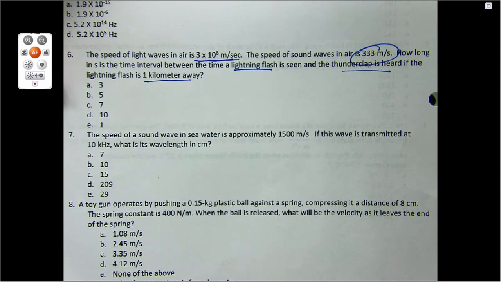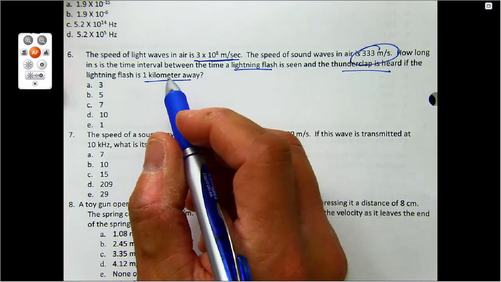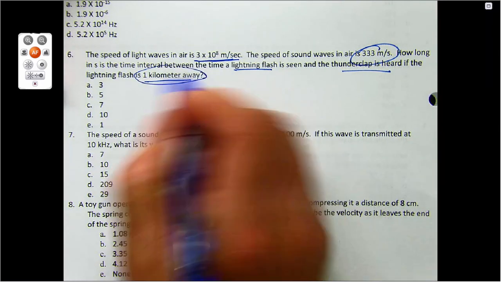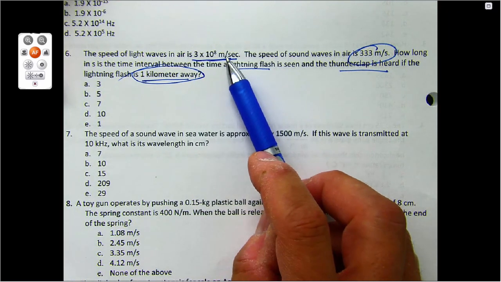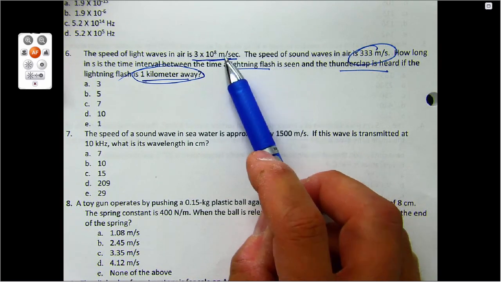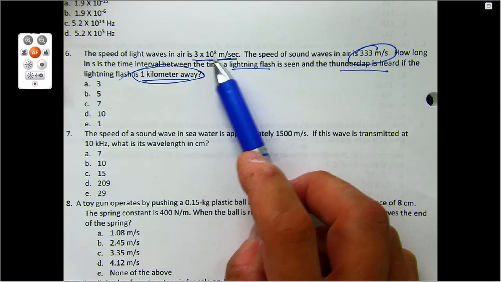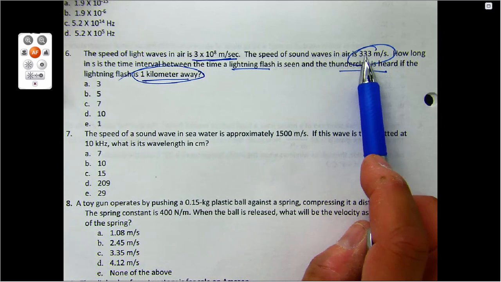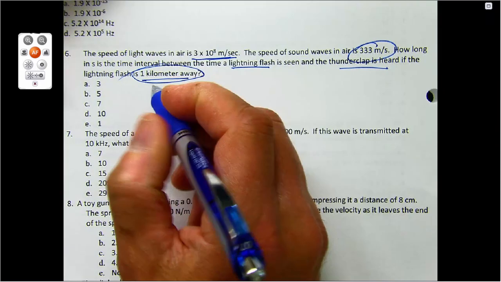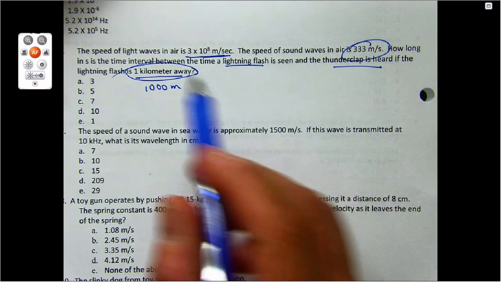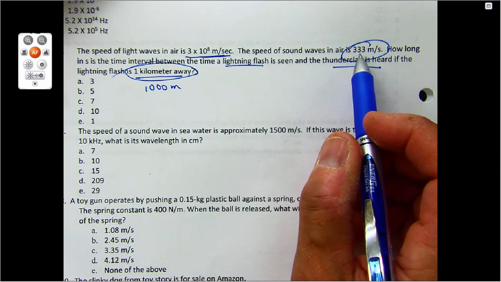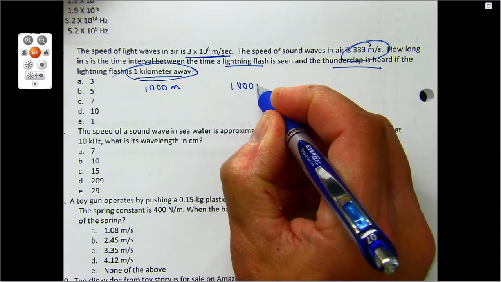Let's see, the lightning flash, how long? Okay, 1 kilometer away. Do we need to even figure out how long it takes for the lightning flash to get to you, or for you to see it? We don't need to calculate that, right? We need to calculate this right here. This would be 1,000 meters. So if it's 1,000 meters away and it travels at 333,